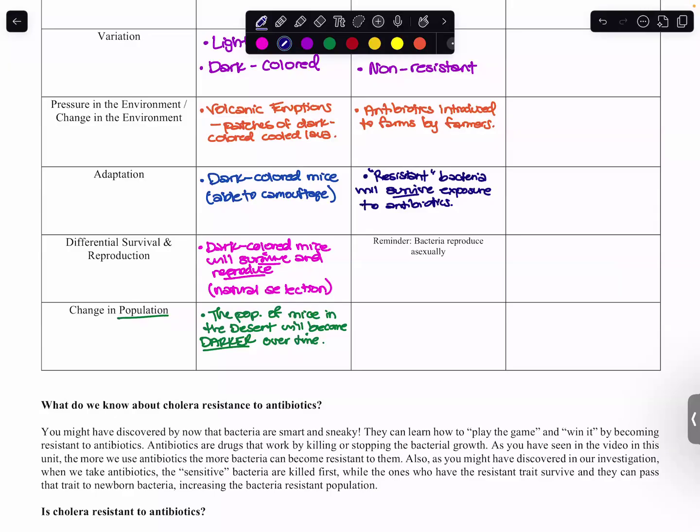And as a result of having that adaptation, right, they will be able to pass on genes of resistance